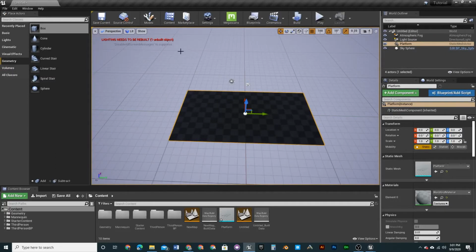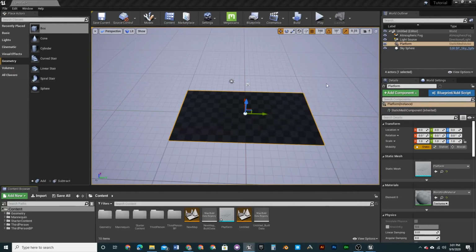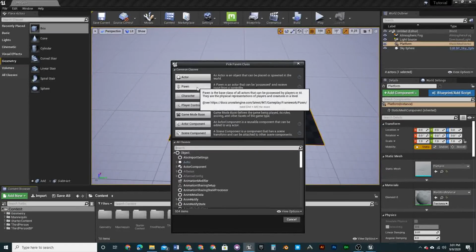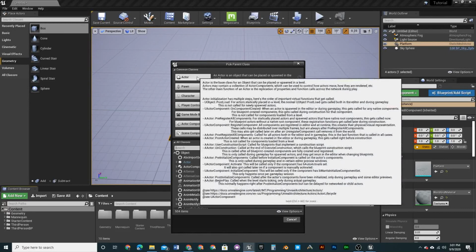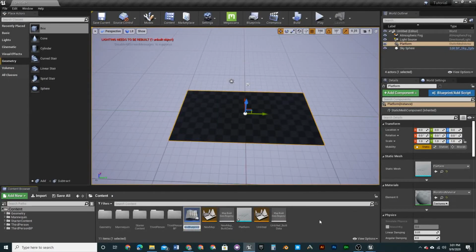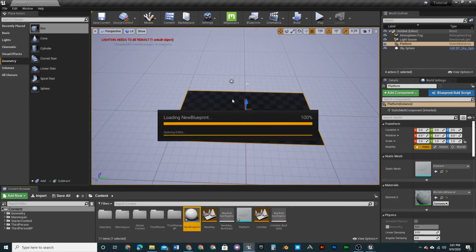So what we're going to do is, there's multiple ways that you can do this. You can go into the level blueprint, but if you're making multiple levels with this, you're going to want to go down here and do blueprint class, and then it would be an actor. And then, I'm not going to name it or anything, but what you're going to do is go in here,